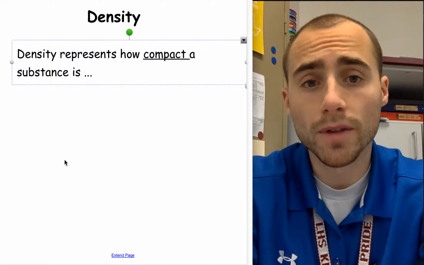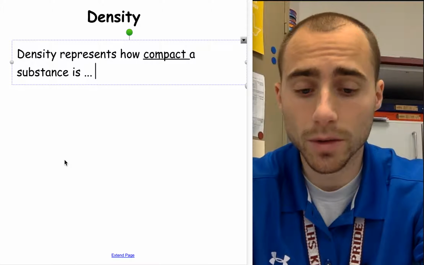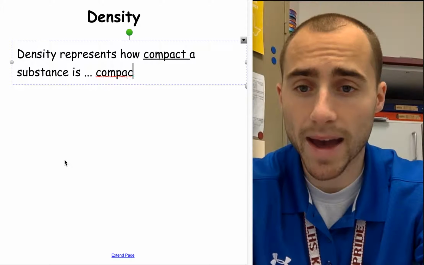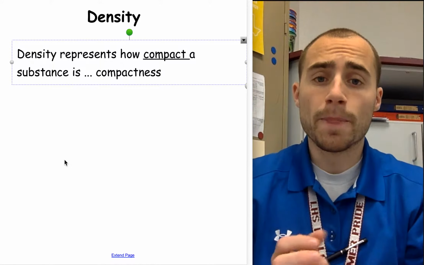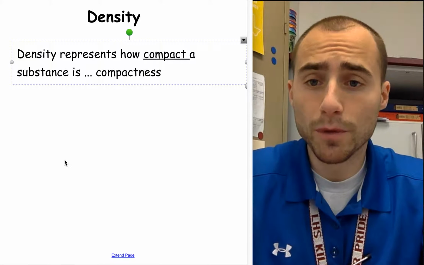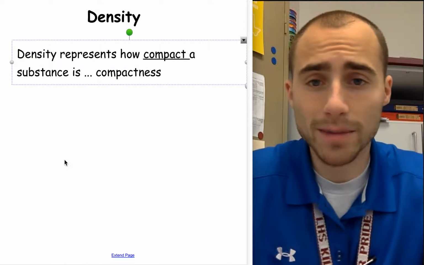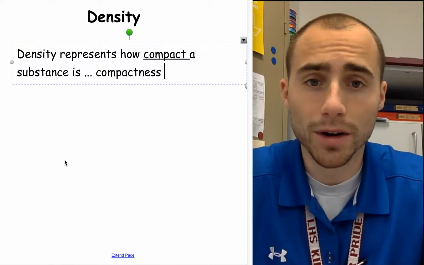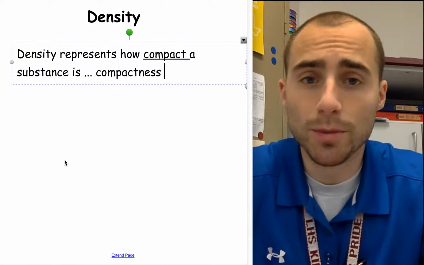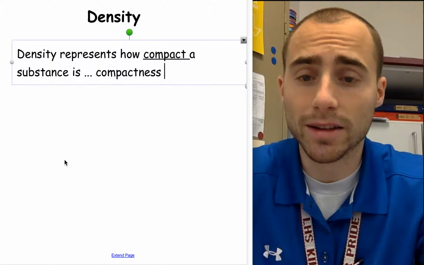A common word often used instead of density, if you wanted to give it a synonym, would be compactness. So the compactness of a substance. You've probably picked up two substances before that appear to be the same size, but one seems to have a much higher mass than the other. That's typically because it is much more dense than the other object,